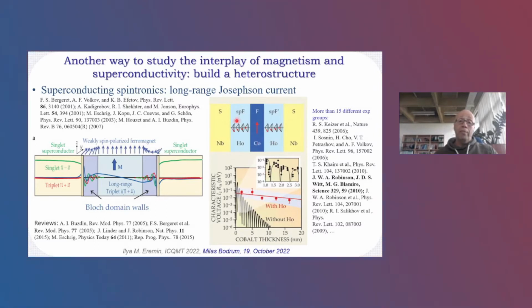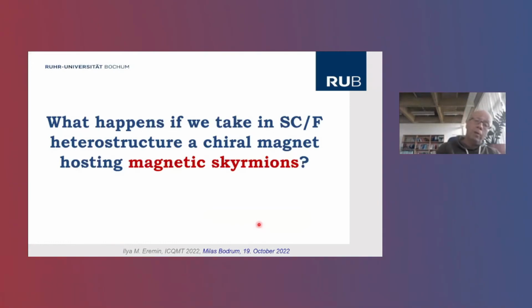If you have the spiral ferromagnet, then you have a long-range proximity effect, and your Josephson current exists up to a much longer cobalt thickness, which is of course also interesting because you can also try to polarize this current, and this is the reason why it's interesting for superconducting spintronics. This is a field on its own, but now I'm going to ask a question: